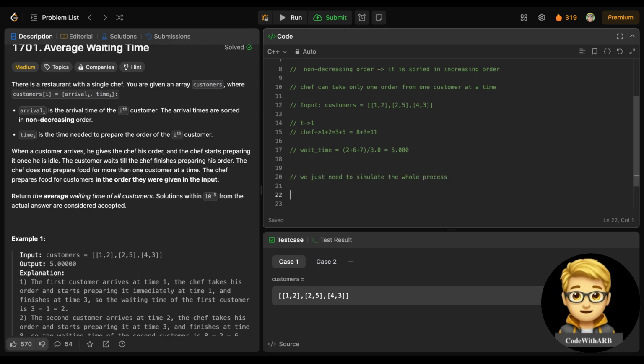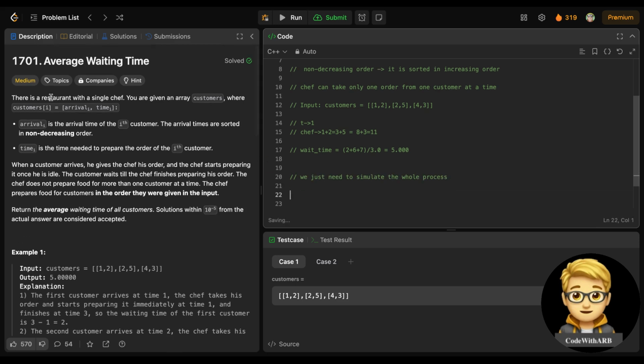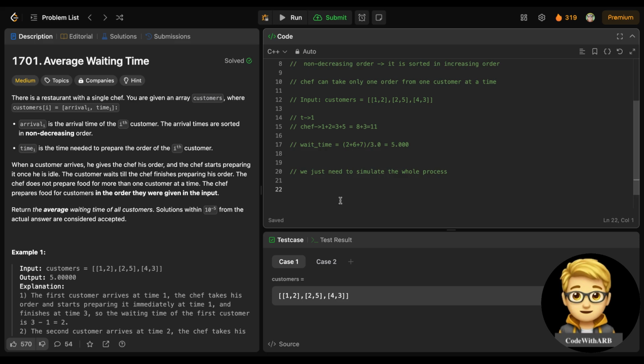Just a very easy problem. I don't know why it is given as medium. It's an easy problem, right? It just needs an implementation to simulate the whole process. So basically what we need to do is, when the customer arrives and gives his order,